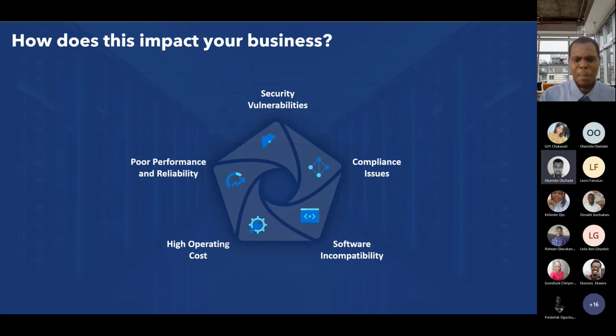Another way that our business can be impacted negatively is software incompatibility. New applications that we have today, modern applications, are built to take advantage of some of the functionalities and features that are baked into recent and modern operating systems, for example. If you are running software solutions that have reached the end of life cycle support, it cannot be guaranteed that all this functionality can be taken advantage of. Some of the functionality that is currently baked into the latest version of SQL Server that is not available within SQL Server 2012 or 2008 includes the following, just to mention a few.